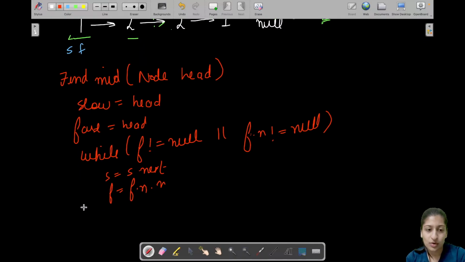By the end of this loop you return slow pointer, which actually